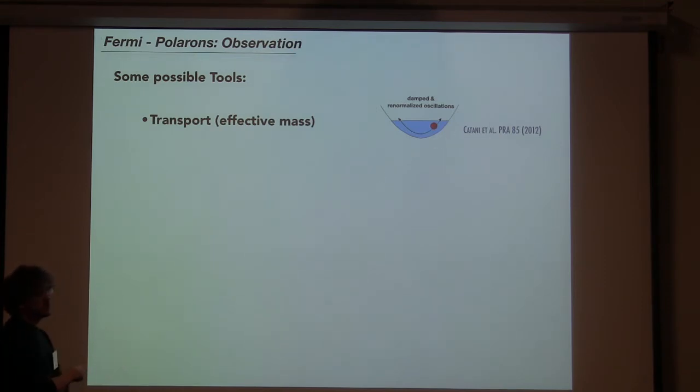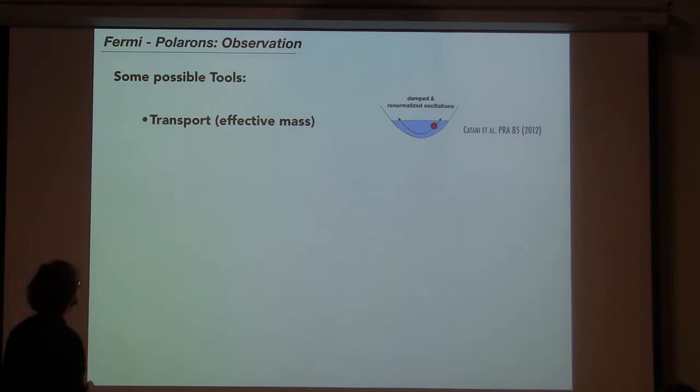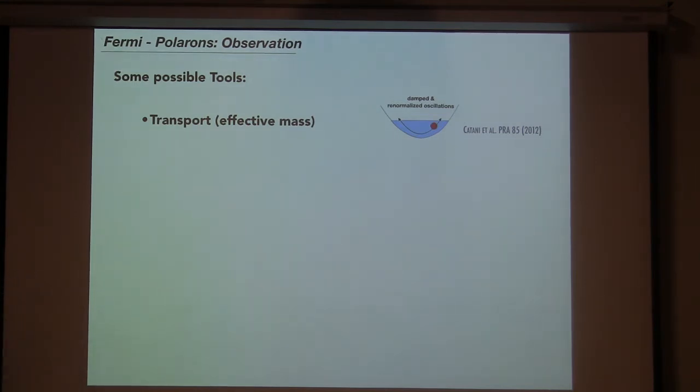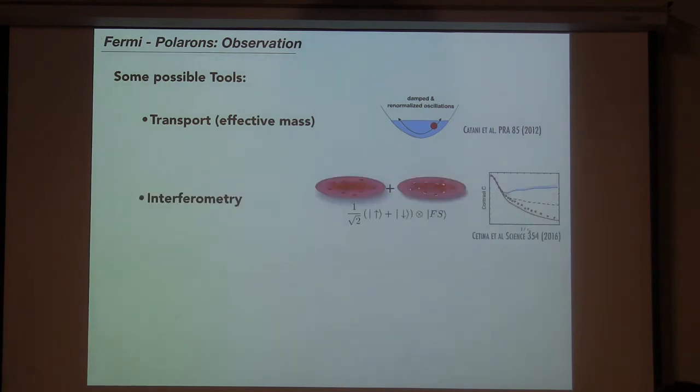This was done so far only in experiments with impurities in the Bose gas. There are some experiments by Christophe Salomon who did similar things for fermions, but those were not completely conclusive so far. Then we have further methods. We can use interferometry. This is a question about, can we actually watch the wave function of the many-body system in real time, how it pulls fermions toward it and changes its wave function.